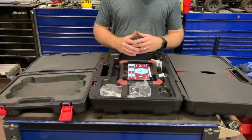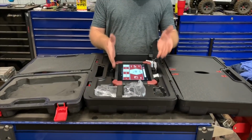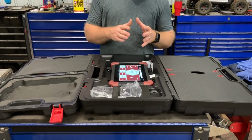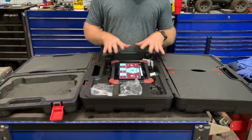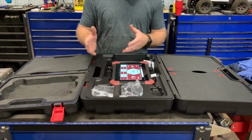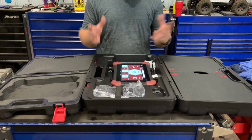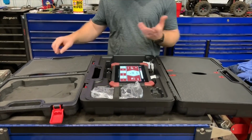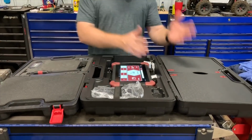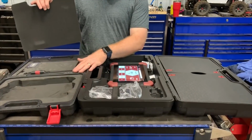Okay guys, since this unit does light, medium duty as well as heavy duty and industrial construction equipment, you can get it all in one case, but this unit was ordered as a separate deal. If you order it all together from cars to heavy duty, it'll all be in one case. This one comes in two cases because he ordered the regular car scanner and then added the heavy duty side to it. So if you're looking at just the car side, this is the case that you're going to get